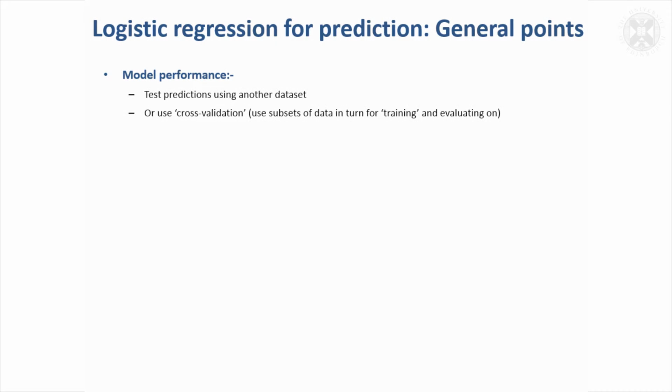A few general points about logistic regression. Particularly, if you were to use all the variables in your model, you might get quite good predictions on your data set, but would it predict well on another data set? If it's important to know that you're going to predict well in the future, you would want to test your predictions either using another data set or using something that's become known as cross-validation, where you take out subsets